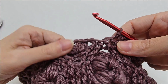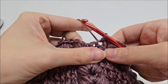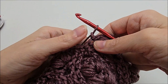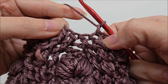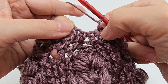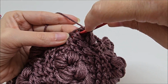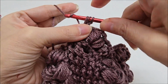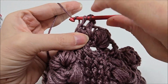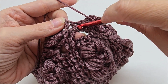This time, they're opposites because they're in the middle here. So this time we're going to start off with the chain 1. So remember, this row and then the 2 that follow are going to be the same. We are going to start off by putting front post double crochet in 1, 2, 3, 4 stitches this time. So in the first one, and then in the next one, and since we eliminated that 5th one, we go to the 3rd one right here,